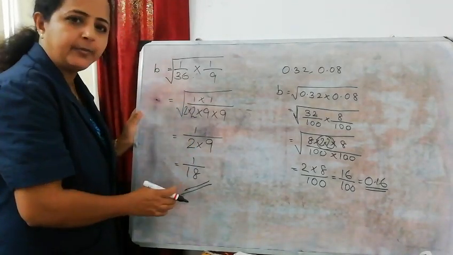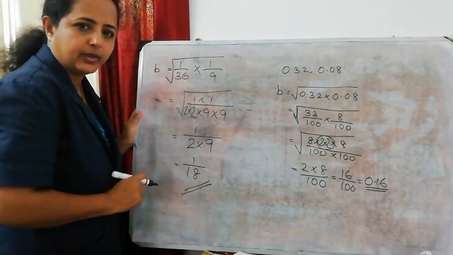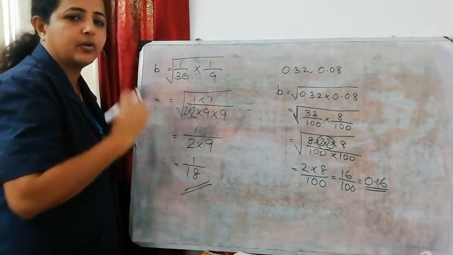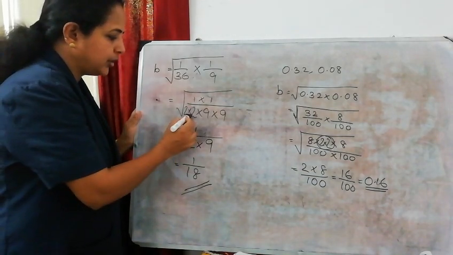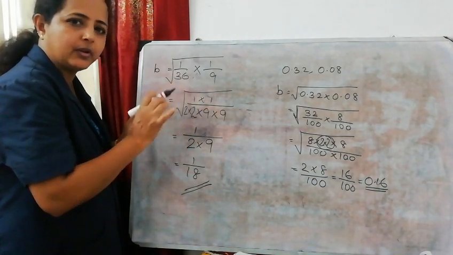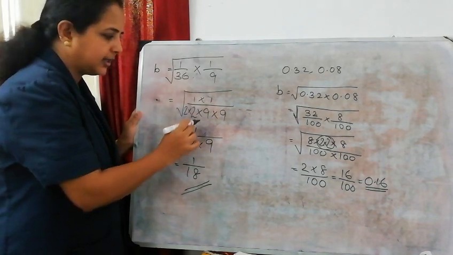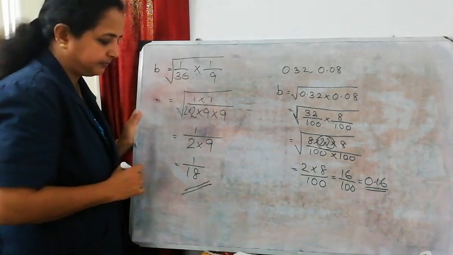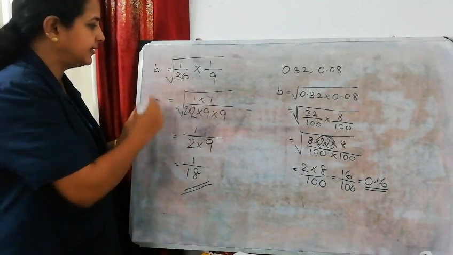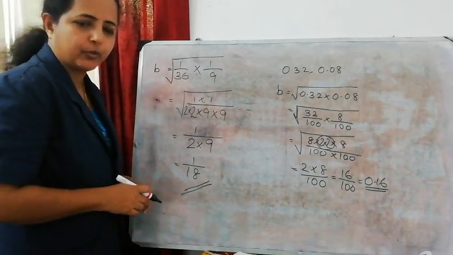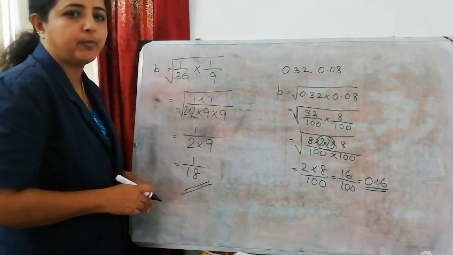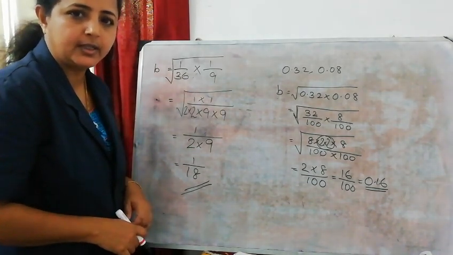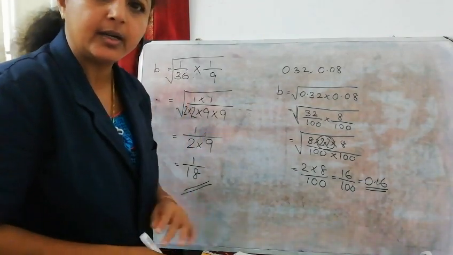So just study how to find the square root this way. When the same number is repeating, take one outside the square root, and the square root will go. That is 2 into 2, one 2 and the square root will go, one 2 will be out. 9 into 9, one 9 will be out. Like this, 1 by 18 is the B. B is called the mean proportional. This way we can find it out. I think these are all clear for you.